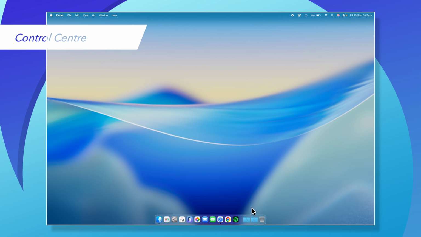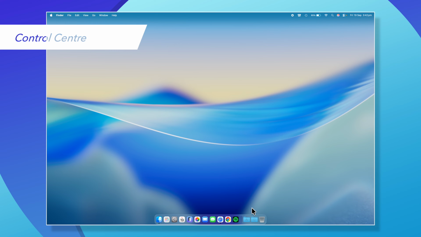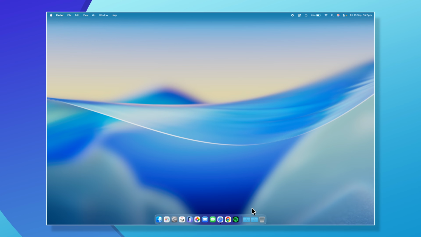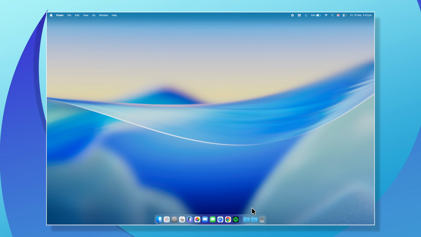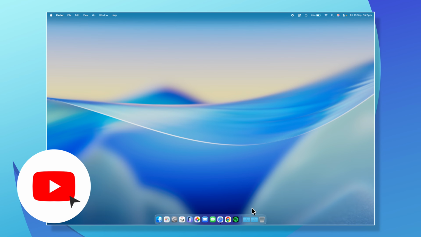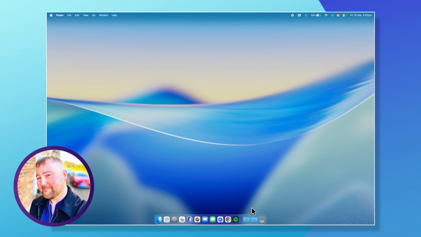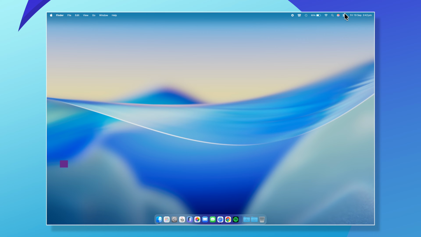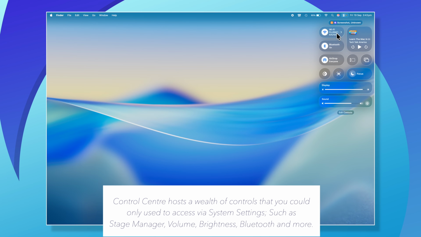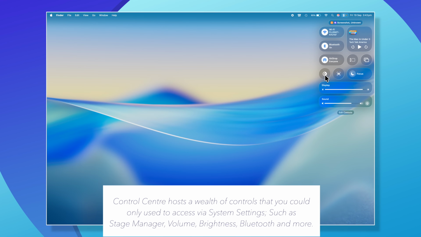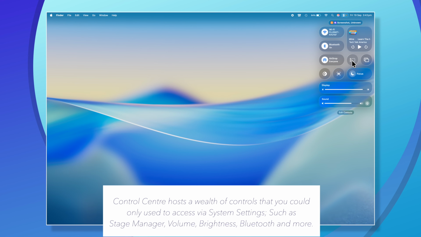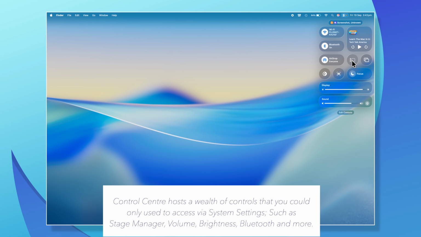Control Center is very useful for several reasons. The first reason is to avoid using the actual settings itself. So if we go to the top right hand corner, we can see we've got the Wi-Fi, Bluetooth, AirDrop, dark mode, focus modes, the music player, Stage Manager, which allows you to manage your windows more efficiently, display settings and sound.